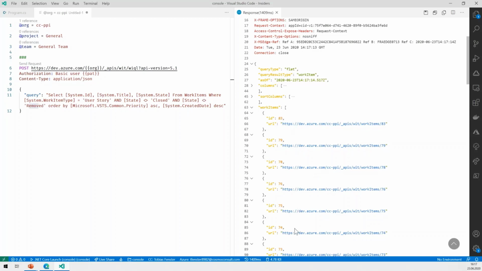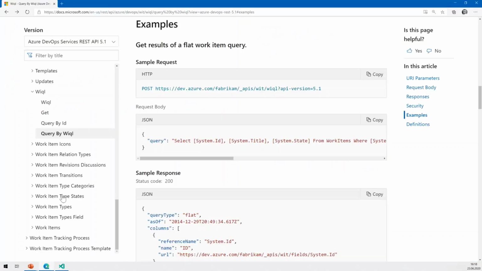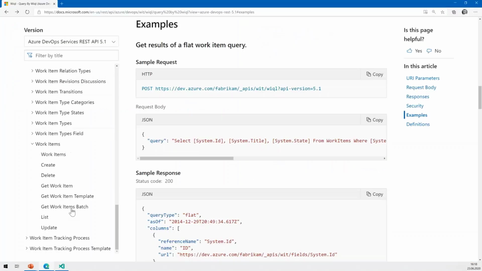And in that case, we get a lot of IDs, 73, 74, 75, and so on. So we can use those as well. So now we want to have more information about those work items. We can use the work item batch API for that. So I click on that link as well.